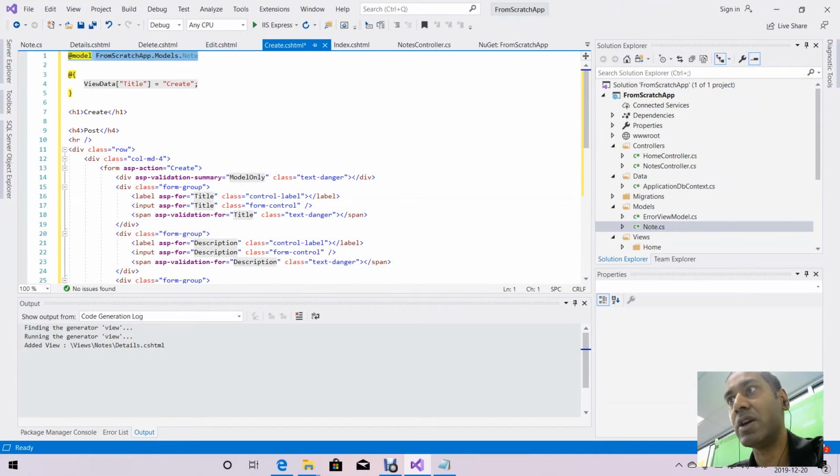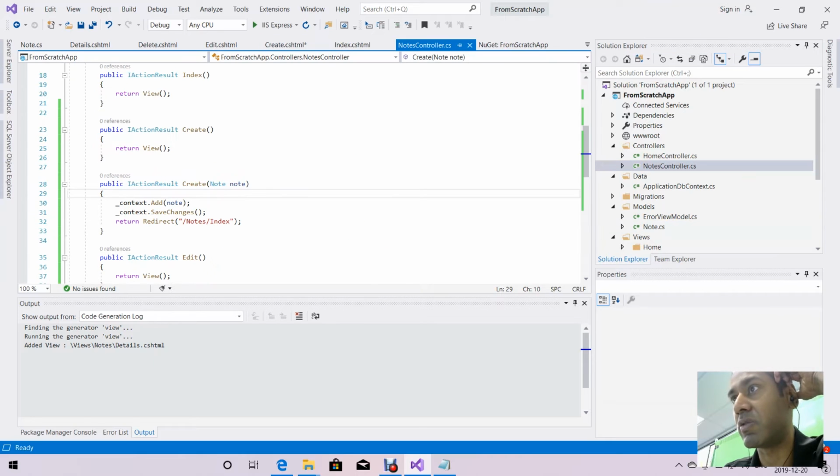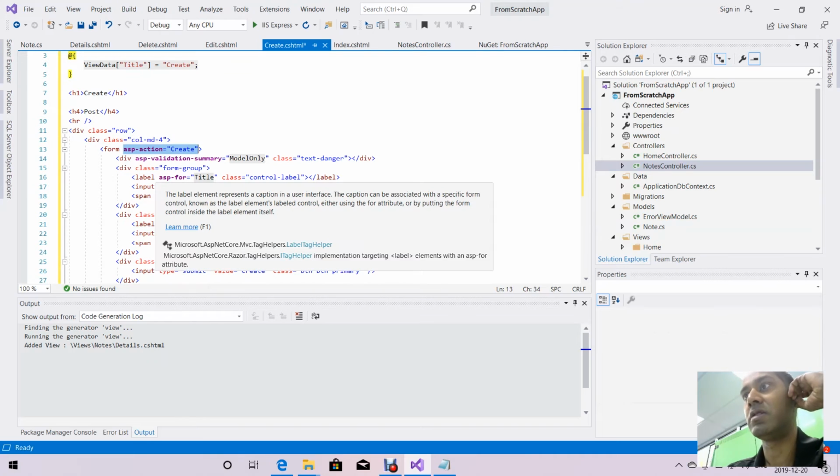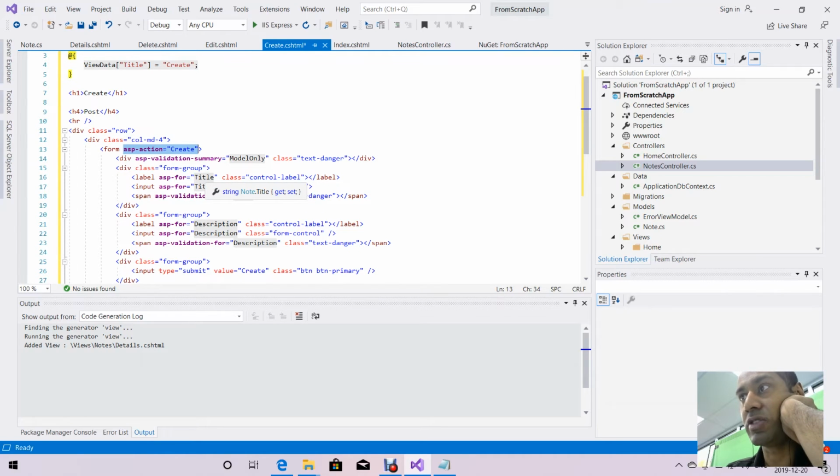Let's go back to create. So as you can see, we even have validation here. So div, ASP validation summary for model only. It says the ASP action being performed is create, as in that's what it's going to be called over here. The ASP-for is the title element. That's going to be the element in notes that's called